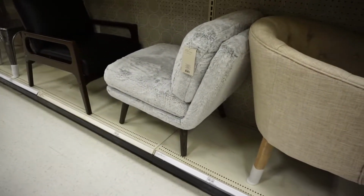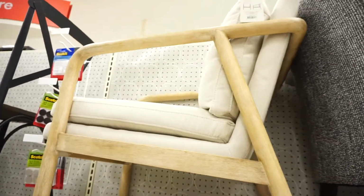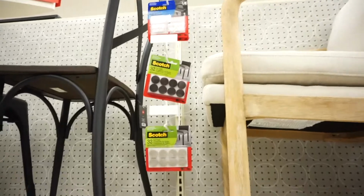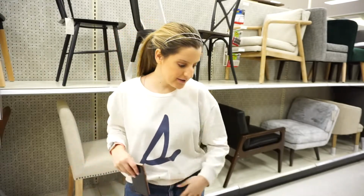Oh, I love that textured chair, but I don't think the colored pattern's ideal. What do you guys think? Love this one. That's a very relaxing chair. I would need something with a sturdier back for my YouTube videos. I love how this is textured though. Does this come in white? Okay guys, so I am here and I'm just trying to find something I can